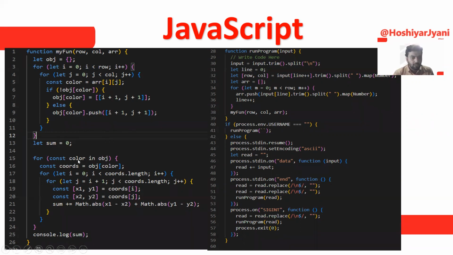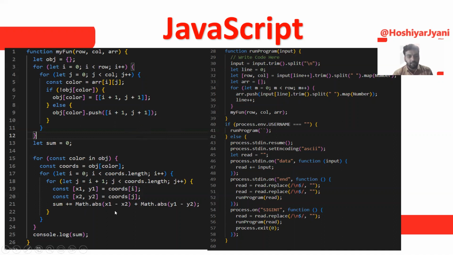We are iterating a loop over our object, const color in object. So this color contains the whole key value like that. After that, I am iterating; this is the same code that I explained in Java. We iterate from 0 to code.length, and j is increased by 1, and we create two indexes like x1 and y1, x2 and y2 of code i and j, because i contains the first and j contains the second.